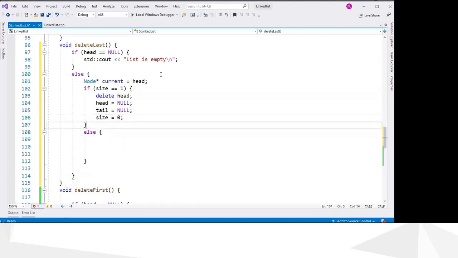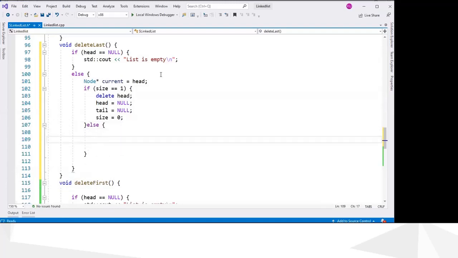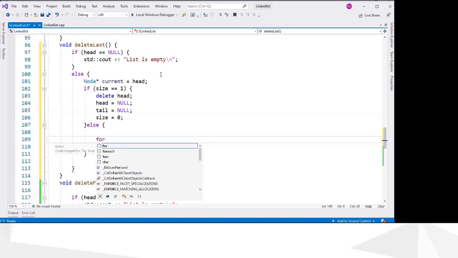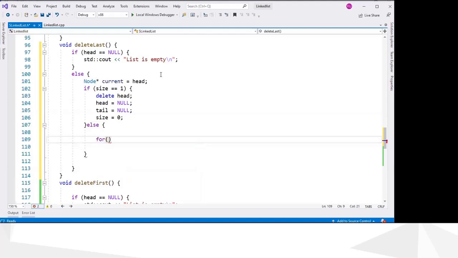And if it is not equal to 1, that means size is greater than 1. So here we have to move. Okay, int i equals 0, i less than, so we have to check exactly this condition.